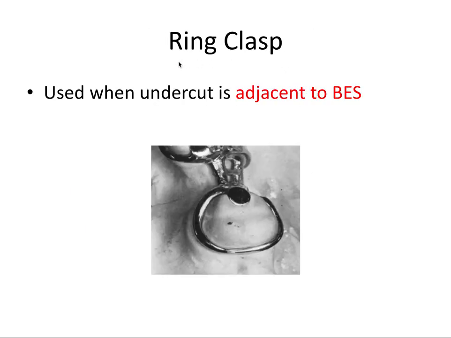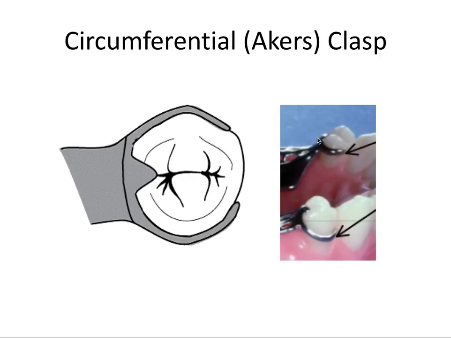The ring clasp is used when an undercut is adjacent to the bounded edentulous space. You notice how these clasps, when they originate from this part of the framework, the retentive clasp has to engage in an undercut that's on the opposite side of this bounded edentulous space here. It doesn't matter for the reciprocal clasp because it's not engaging in an undercut, but it is important for the retentive